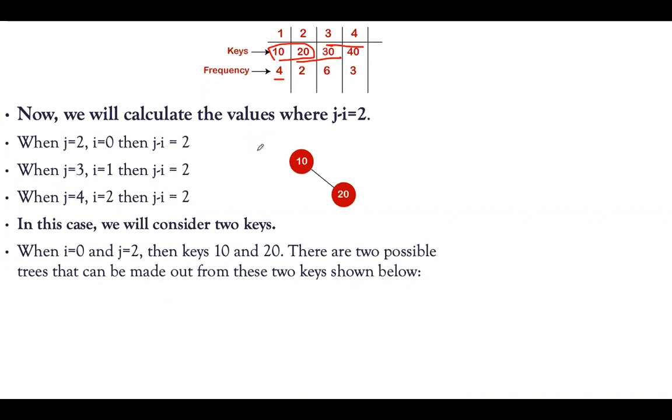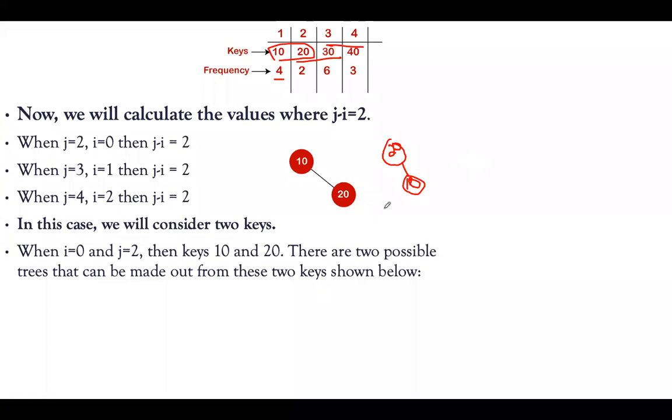First, we'll consider 10, 20. See, earlier it was only one key, so we stored it directly. Now, 2 key values we have to take, that is among 4 and 2, based on frequency, which we'll consider. See here, this is one tree, 10 to 20. First, we are talking about 10 to 20. So, in which order will you arrange the tree? Either it is 10 to 20 or 20 to 10. So, how are you going to construct the tree? Either in this way or this way.